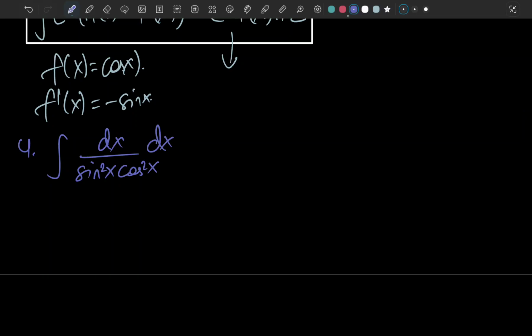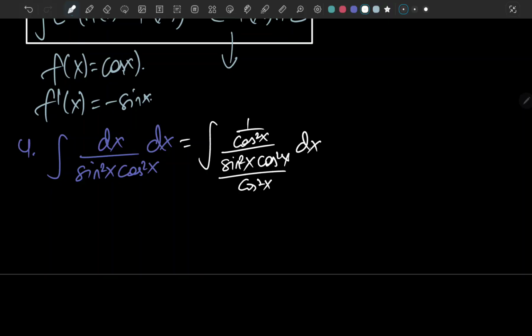So that's what we are going to do in this integral: divide by cosine squared of x in the numerator and the denominator. So sine squared of x times cosine squared of x over cosine squared of x dx. So this becomes secant square of x, and